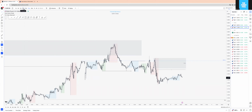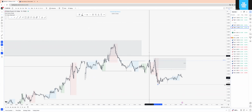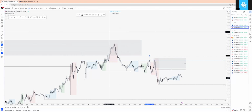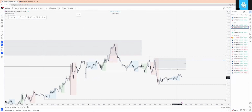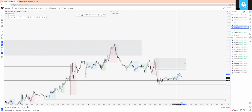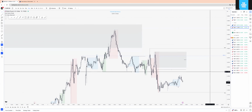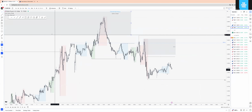Can I take any longs? Well, pretty much same story as EU, although we do, no, we don't. So we have previous daily lows again being intact. Previous daily highs still up here. Asia highs just been taken out. Asia lows still here. So could we take any longs? Well,